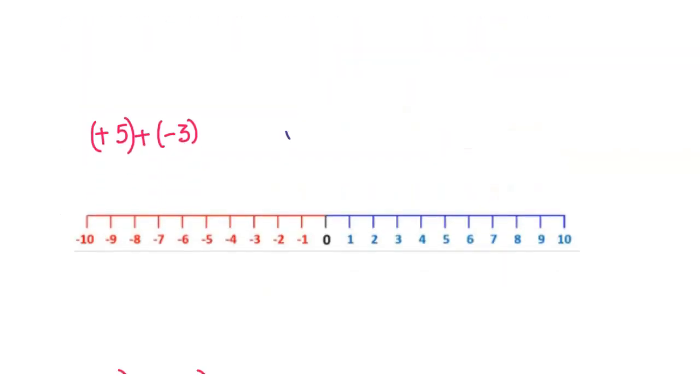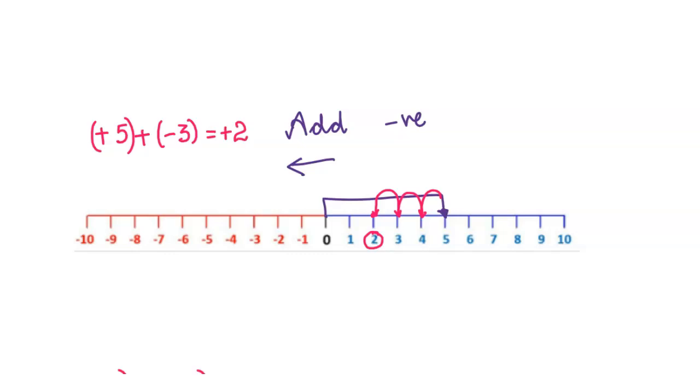Then we did that whenever we add a negative integer, we move towards the left direction. So positive 5, that means from 0 we have to first reach positive 5. We are here and then we have to take 3 steps in the left direction. So it will be like this: 1 step, 2 steps and the third step. So where do we reach? We reach the number 2. So the answer is positive 2.